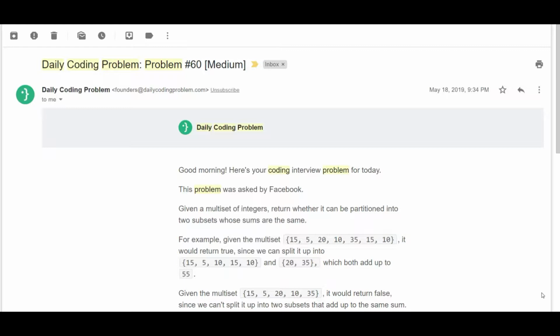Today we are going to be solving problem number 60 and the difficulty it's been rated at is medium. This problem was asked by Facebook and let's just dive right in. So given a multi-set of integers, we need to return whether it can be partitioned into two subsets whose sums are the same. So you've been given an example over here and given the multi-set 15, 5, 20, 10, 35,